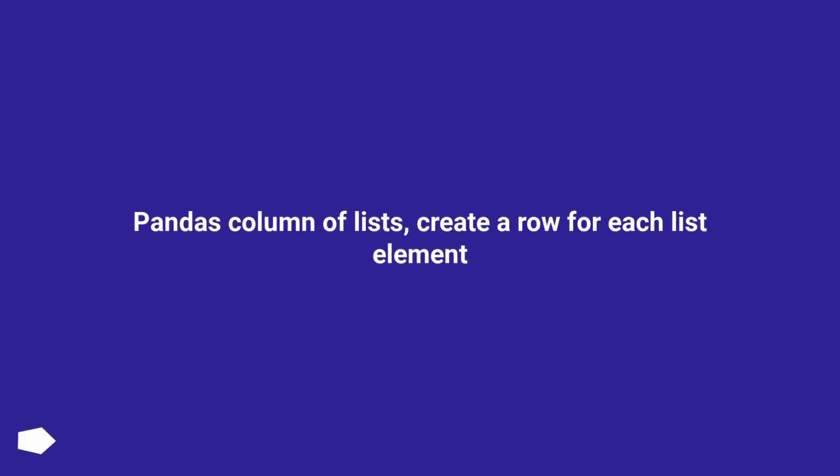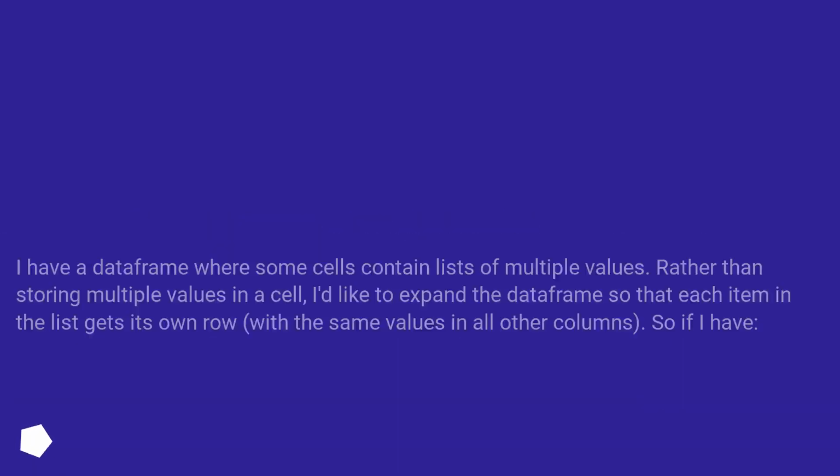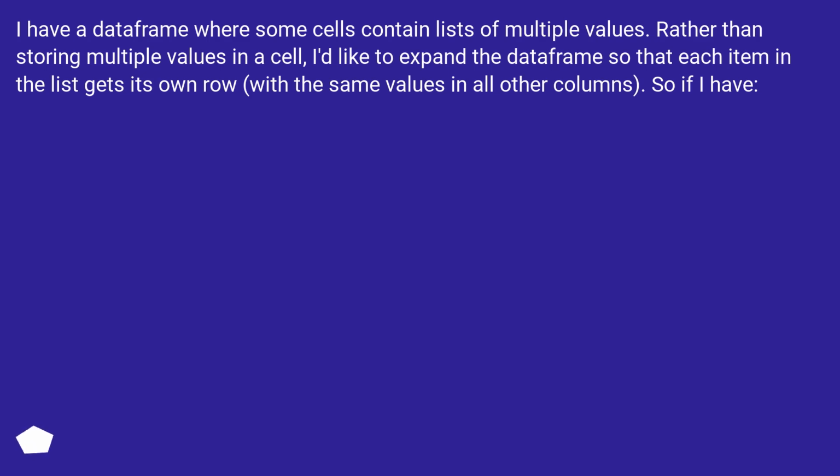Pandas column of lists: create a row for each list element. I have a data frame where some cells contain lists of multiple values. Rather than storing multiple values in a cell, I'd like to expand the data frame so that each item in the list gets its own row, with the same values in all other columns. So if I have